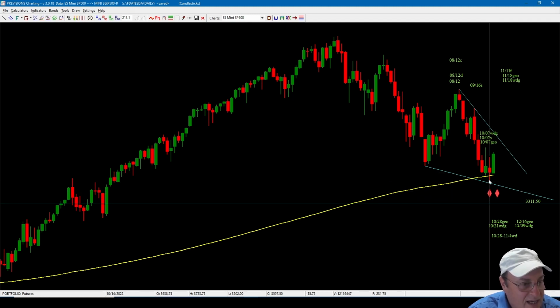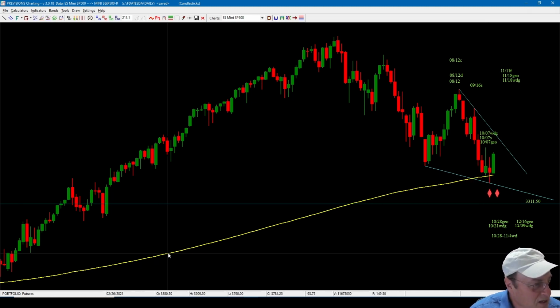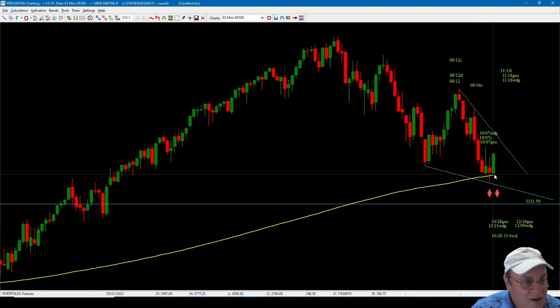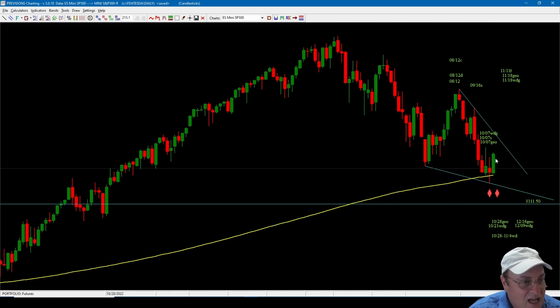So I saw that, and that's why on the daily, when I had the daily, I had the weekly, it was obviously deep inside oversold territory. You got the 200 simple moving average here that it's finding support off of right now. So this thing is bouncing up, but look, you got another F date right here, 1028, 1028 Geo, 1021 wedge,